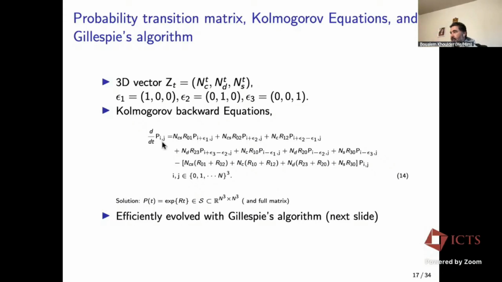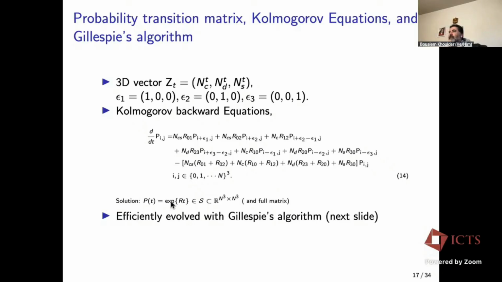It's just this giant matrix system whose solution is an exponential like this. However, we don't really use this to simulate the model. We use it for the inference problem,